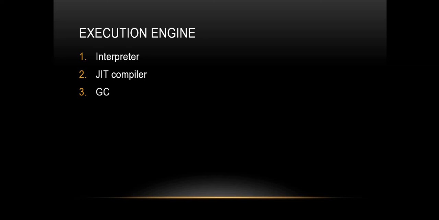Just-in-time compiler, it is there for the performance of your application. So consider a scenario where a few lines of code is getting executed again and again, right? And its frequency of execution is too high. Then interpreter will again and again try to interpret that bytecode into machine code, and then it will get executed. So instead of that, what happens is, when a threshold